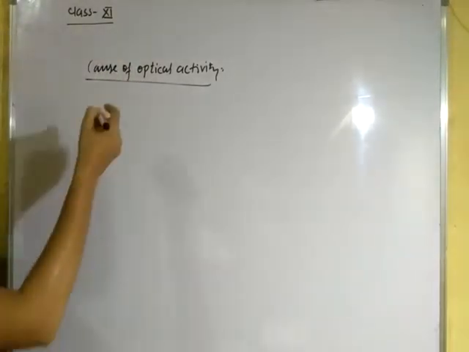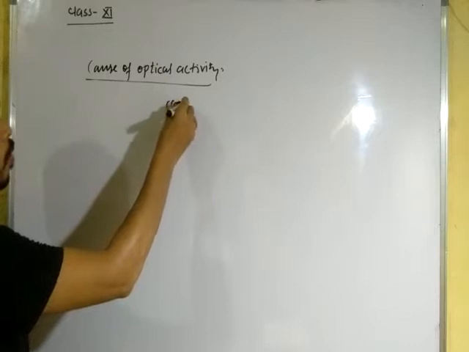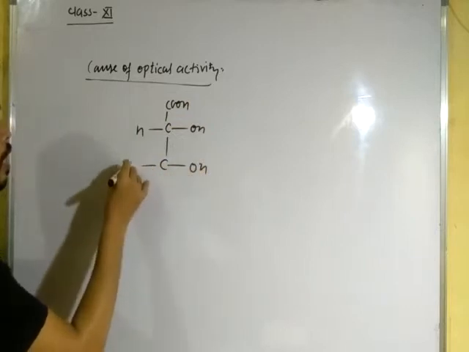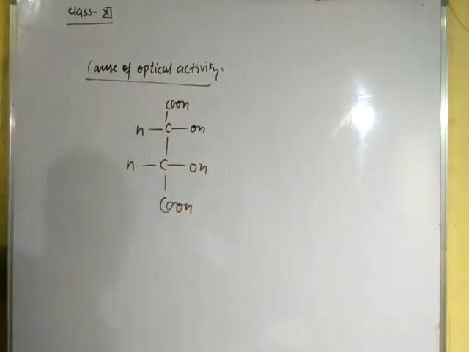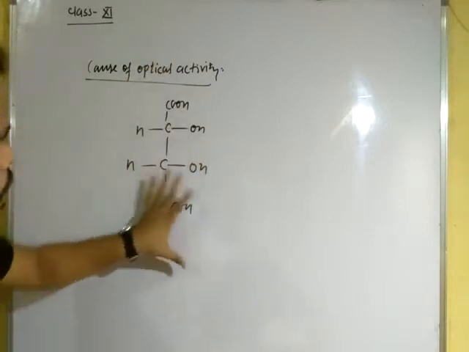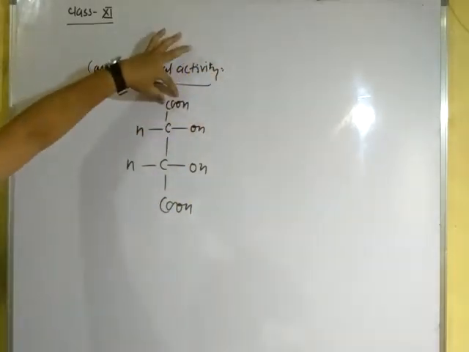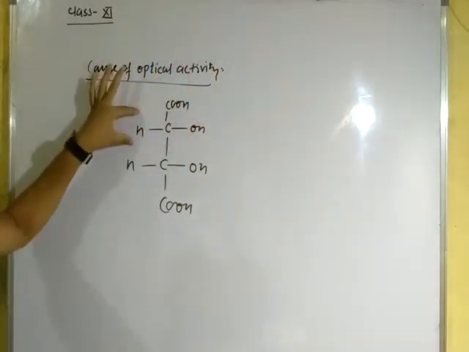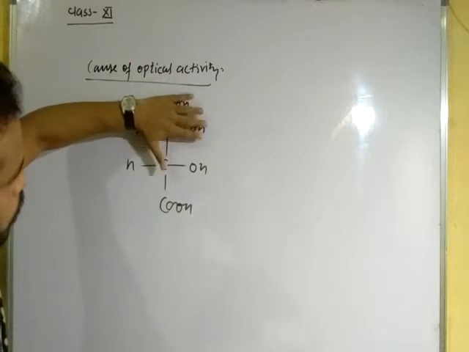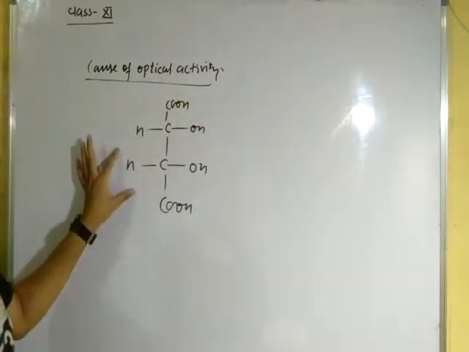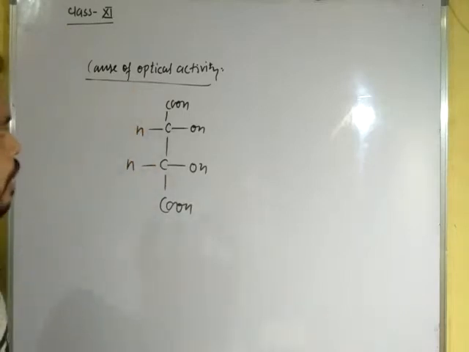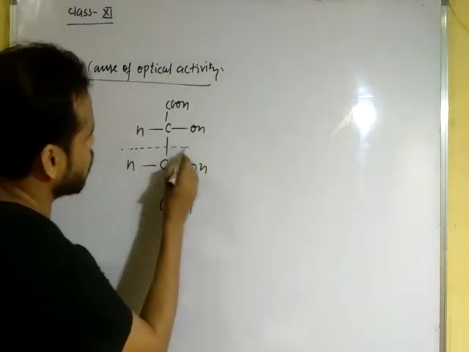Here, tartaric acid: COOH, H-C-OH, H-C-OH, and COOH. Suppose this is a chiral carbon, with one functional group attached, another different group, and a hydrogen atom. If this is chiral, then in these conditions there is one hydroxy group, a carboxylic group, and hydrogen. That means this carbon is chiral in nature, but due to the presence of a plane of symmetry,